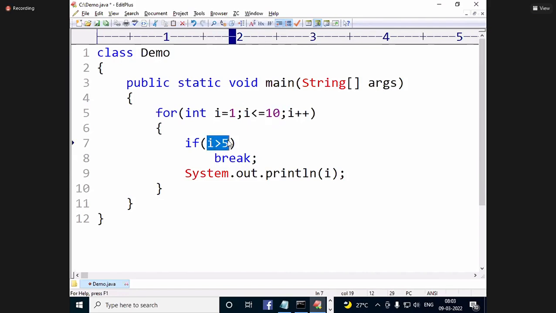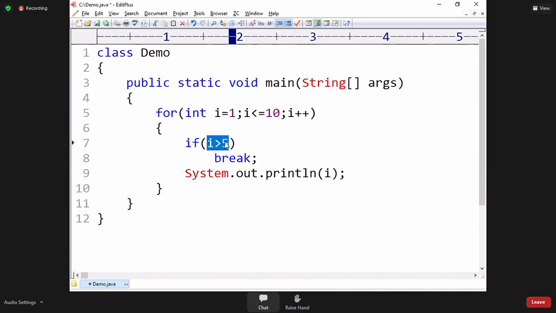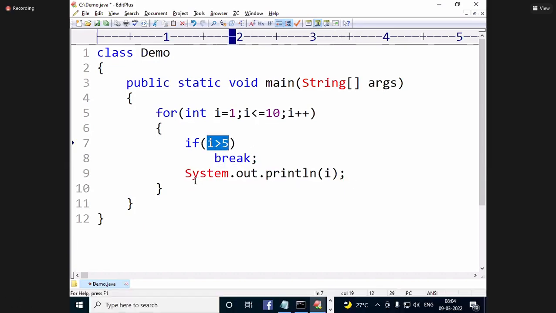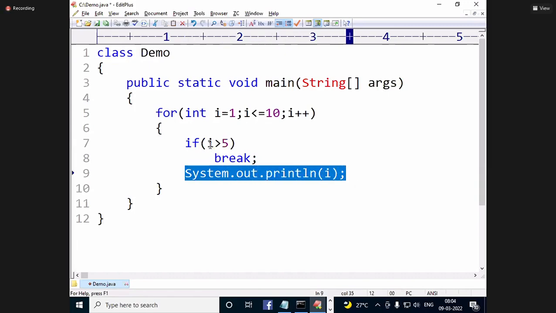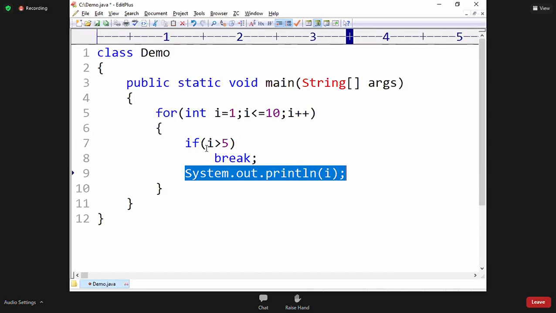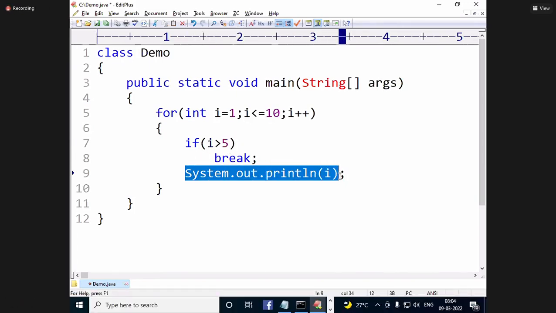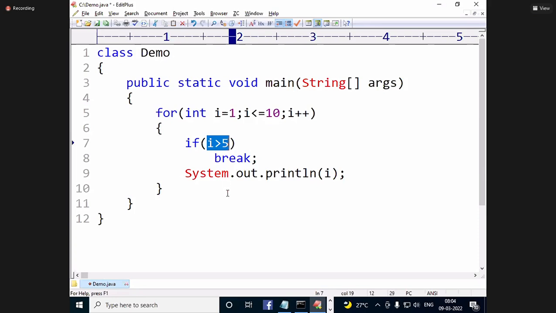Next, 2 greater than 5, false. 2 printed. 3 greater than 5? 3 printed. 4 greater than 5? 4 printed. 5 greater than 5, true or false? False. So 5 is also printed. 6 greater than 5, break. So what is the output? 1 to 5.